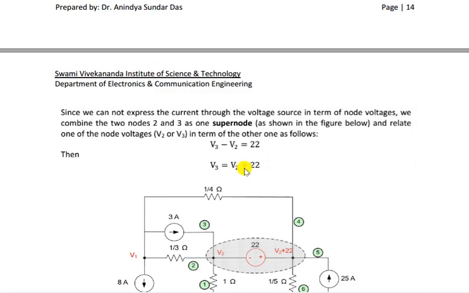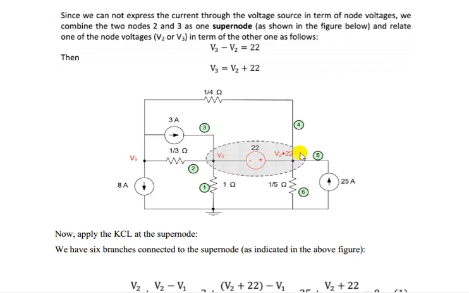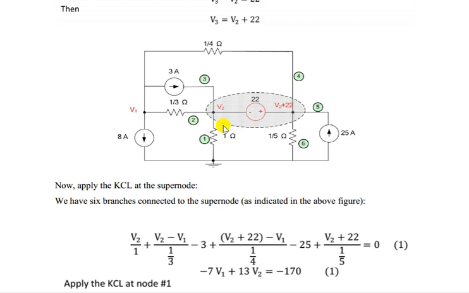So we got this one as a whole as a super node. Now what can we write? V2 minus 2, plus voltage rise, so V2 plus 22 equal to V3, right? Or we can write V3 minus V2 equal to 22. See here, V3 minus V2 is 22, or V2 plus 22 equal to V3. Any way you can do, no problem. Now we have to write KCL at node 1. So that will be V1